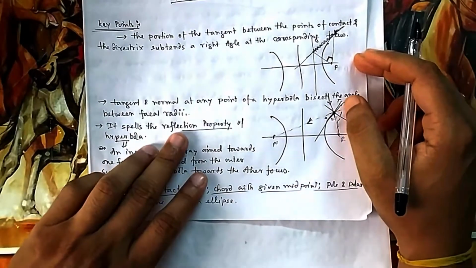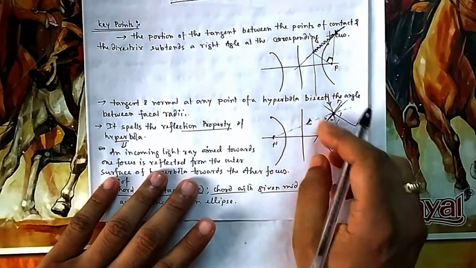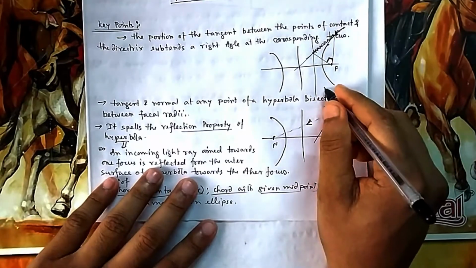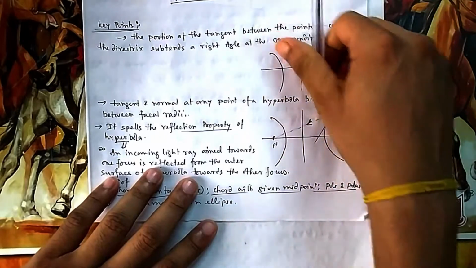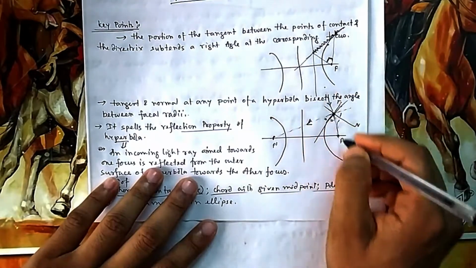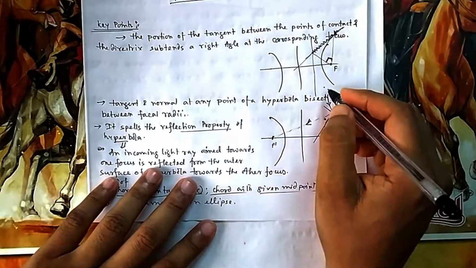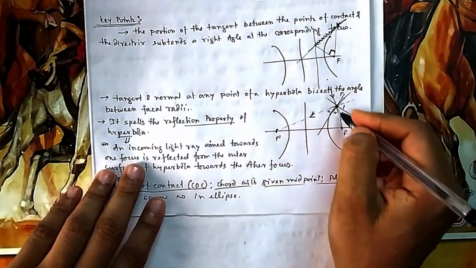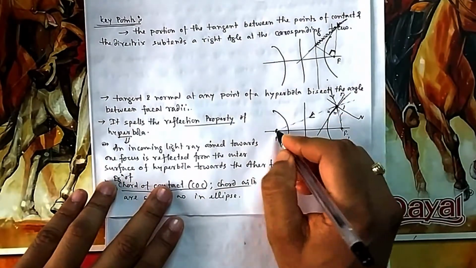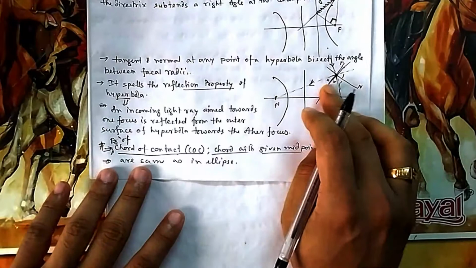Now there is a reflection property like your ellipse. In ellipse I told you, throw from here, it will strike here. But in case of hyperbola, it is slightly different. If you take an external point here, and from that you aim at this focus, you throw a ray or throw your striker, your aim should be that I am throwing to F1. So when it comes here, it will not go to F1, it will go to F2. So that is the beauty of reflection. An incoming light ray which is aimed towards one focus will get reflected on the outer surface of the hyperbola and it will go towards the second focus. So an important property, that's why I thought it will be interesting for you to know.